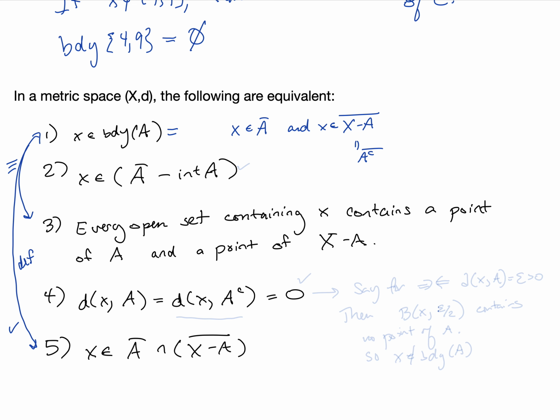Showing that 1 and 2 are equivalent is pretty quick. It's sort of just left as an exercise in the book, but this is pretty immediate as well. And the fact that 4 is equivalent to 1 is sort of hinted at when we think about distance and epsilon balls. So say, for contradiction, that the distance between x and A equals epsilon, which is greater than 0, then the ball centered at x of radius, say, epsilon over 2,